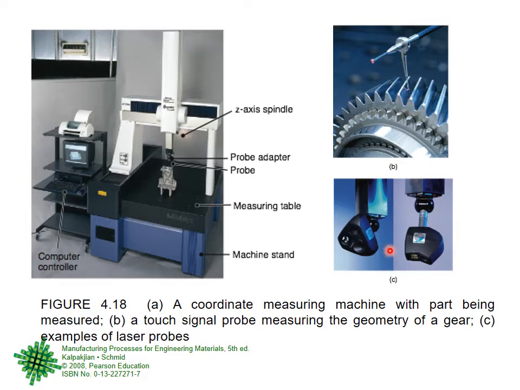And here are examples of laser probes. So that is later on, but this is a full coordinate measurement machine. They can be 2-dimensional or 3-dimensional. If they are 2-dimensional, they just measure the surfaces, but if they are 3-dimensional, then they are much more costly. And here we are showing you that the probe that is here is now moving along here, and this is connected to the whole machine and so forth. Of course, the machine is very costly.